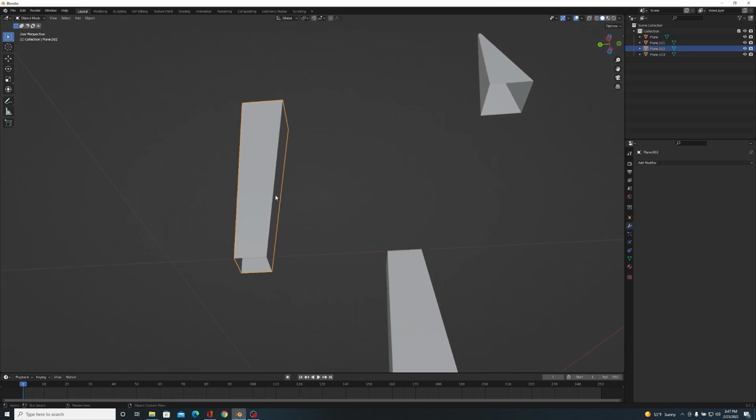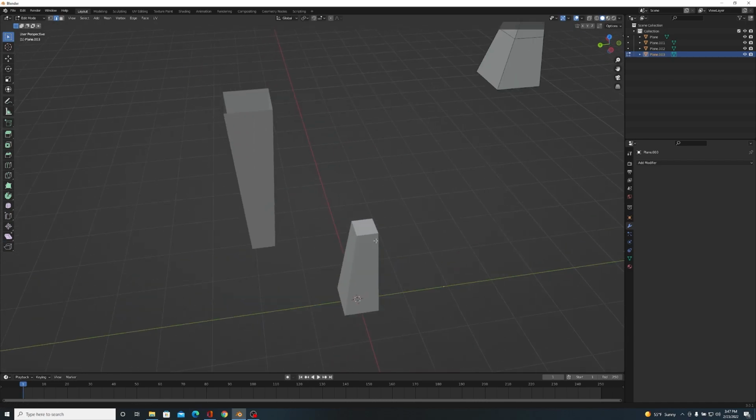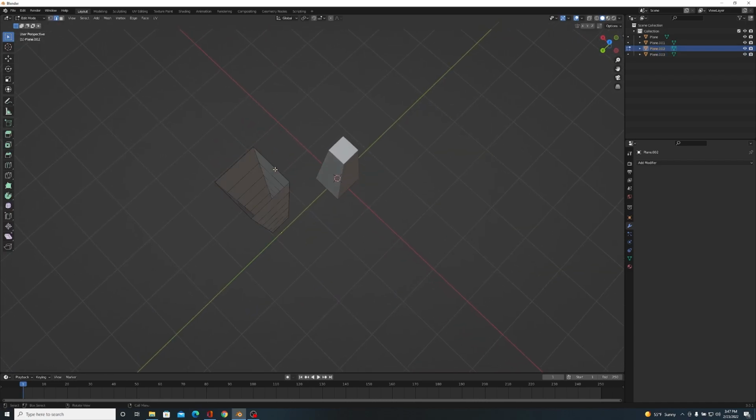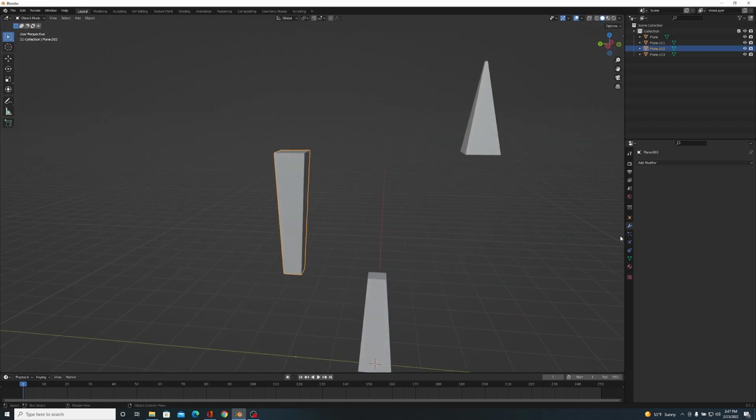We're going to tab in, go into our next one, tab into edit mode, Alt left click, and then F, bam. Then once again, tab into edit mode, Alt click, F, bam. All right, so now we have the start. Oh, forgot the top section here. Let's get that one set up. All right, so now we have the start of our 3 leg pieces.